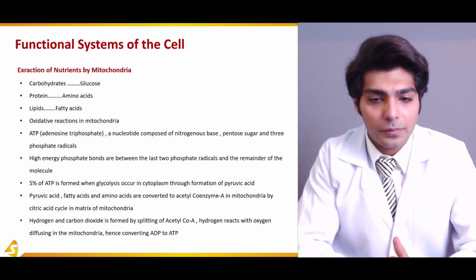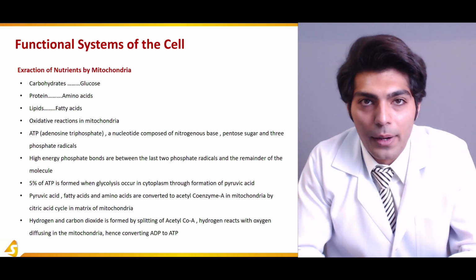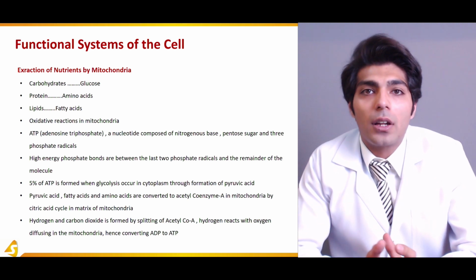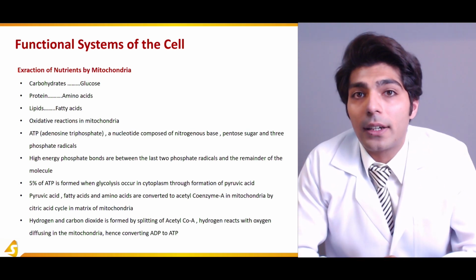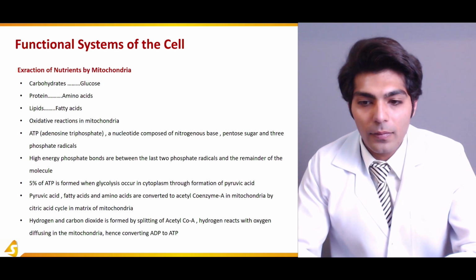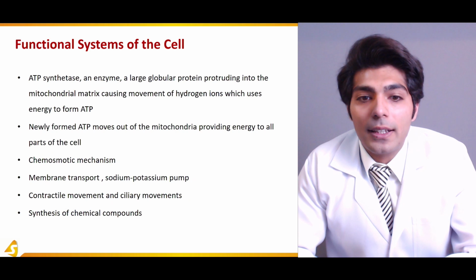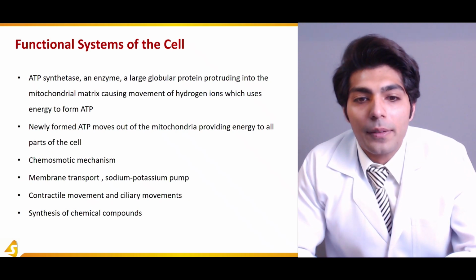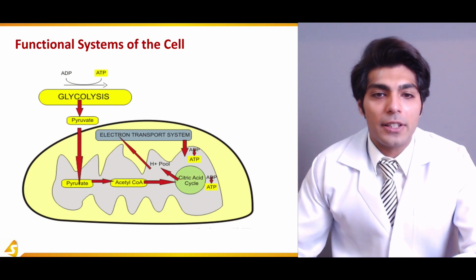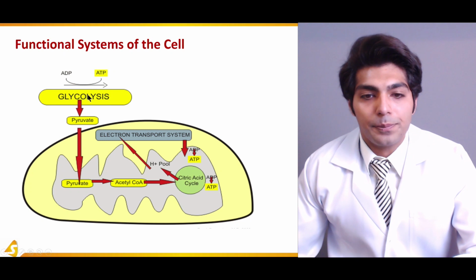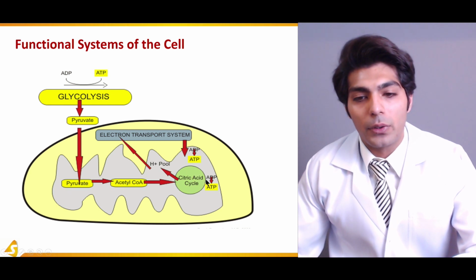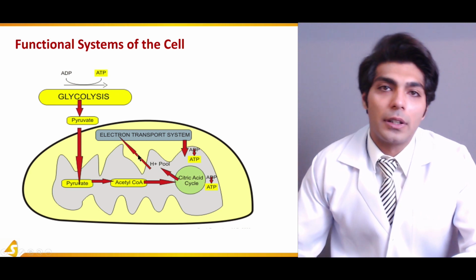So this pyruvic acid enters the mitochondria and is converted to acetyl-CoA, which feeds the electron transport chain, and hydrogen ions are created, which provides energy, and ADP is converted to ATP. ATP synthase is an enzyme, a large globular protein that helps in the formation of ATP, converting ADP to ATP. You can see in this diagram, after the pyruvate enters the mitochondrial matrix, it is converted to acetyl-CoA and goes through the citric acid cycle. Hydrogen is moved back into the pool and fuses with oxygen to provide